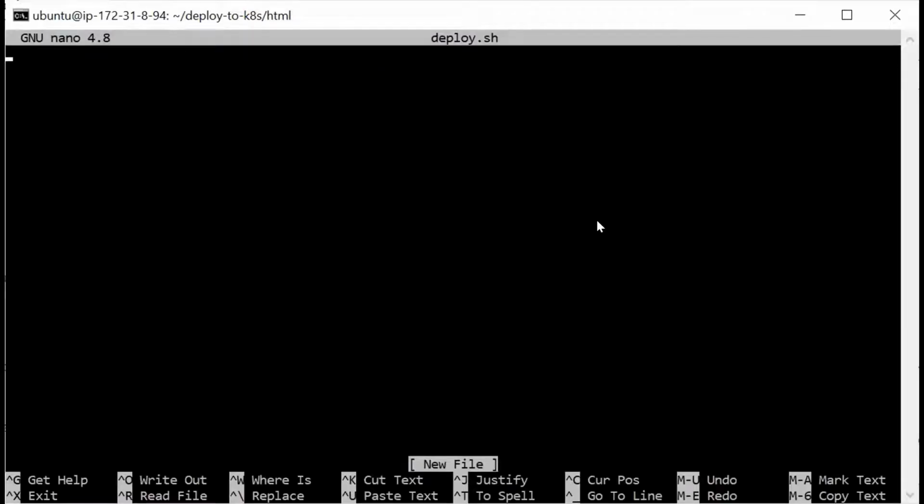deploy.sh. So just like we discussed previously, the first and foremost thing is to build the Docker image for this application, and for that image we will give the image name along with its tag, right? The tag of this image.